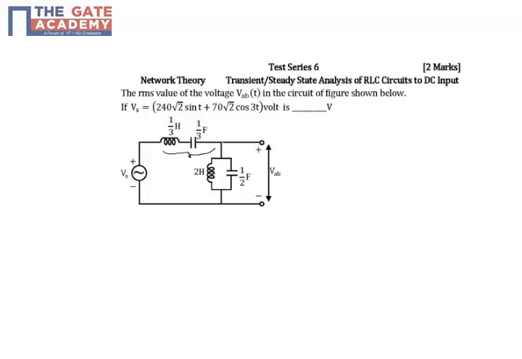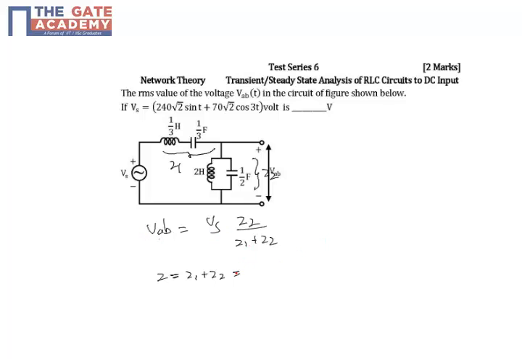Okay, first, this branch, let us take this as Z1 and this as Z2. Then VAB will be equal to Vs into Z2 by Z1 plus Z2. Where Z is the total impedance. I am going to call Z1 plus Z2 as Z, as a result of which my VAB will be Vs